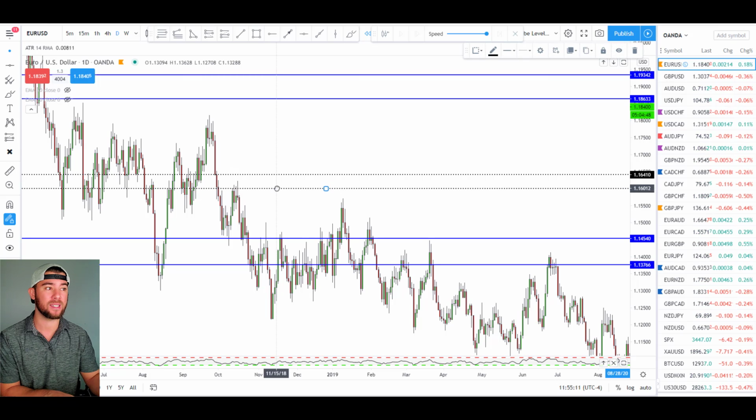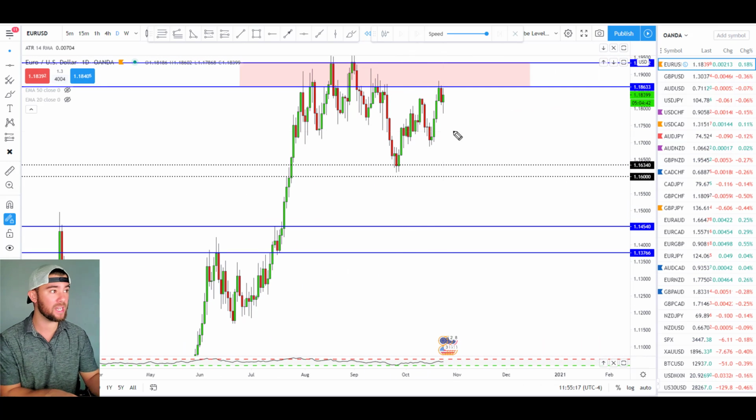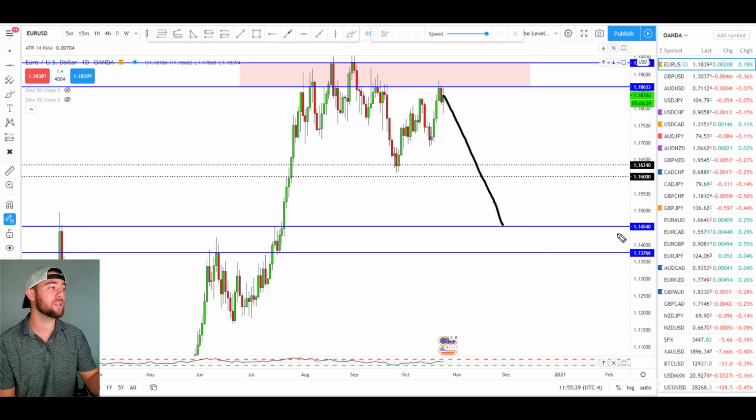I'll actually pull my line down a little, and this will be the next major level of support I'm looking for on the euro dollar. So if we push down, that's a level I'm looking at for possible long trades. It's between 1.1634 and 1.16 even on the euro dollar. If we continue down past that, I'll be looking at 1.1454 and